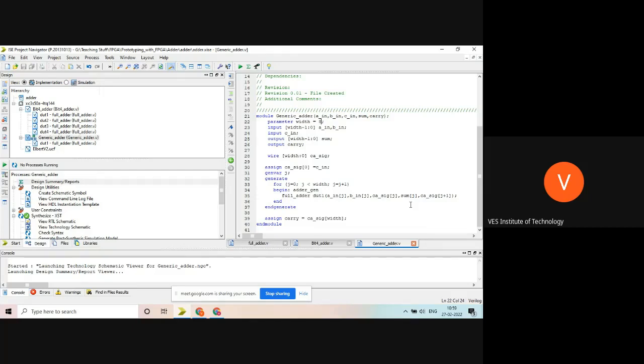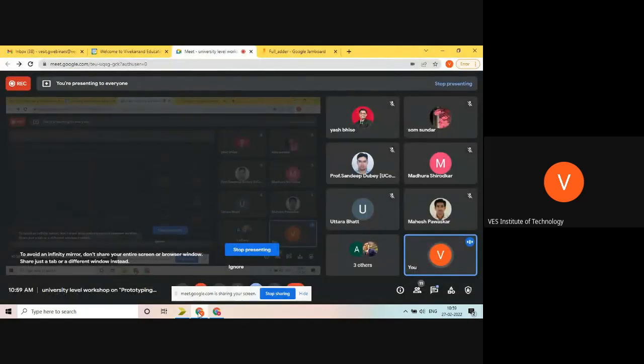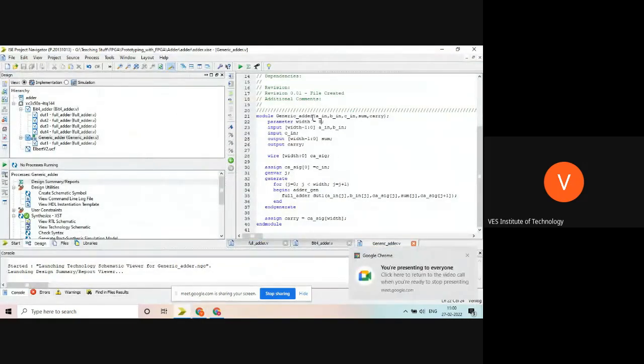This will be very easy to handle, as well as you can scale the module very easily. Very helpful for scaling the design. So I can scale it directly to 32-bit, just changing the width value to 32. So if I change it to 32, the module will be a 32-bit generic adder. So this coding is very much popular in the industries, and industries do want to use this type of coding. I hope it is clear now.